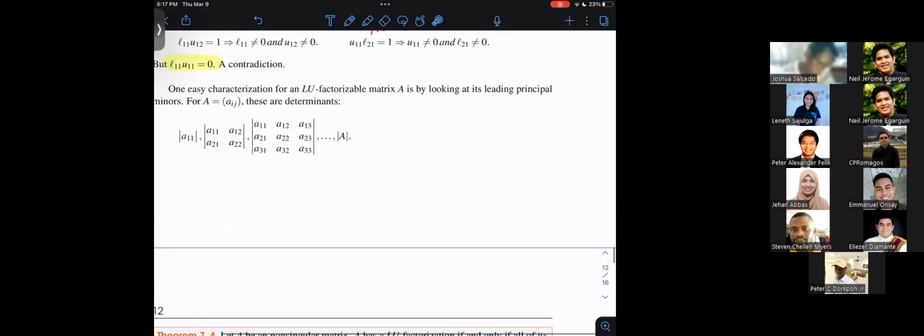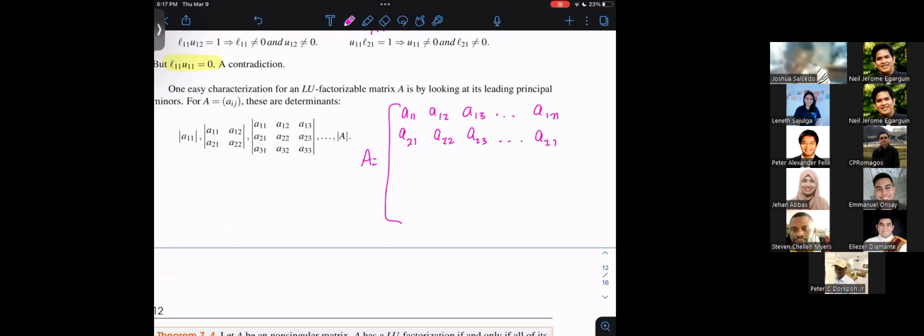So if you have the matrix A comprised of A11, A12, A13, until A1n, let's consider an arbitrary n by n matrix. We'll have A21, A22, A23, until A2n, and so on, all the way to An1, An2, An3, until Ann, all right? The principal minors are the